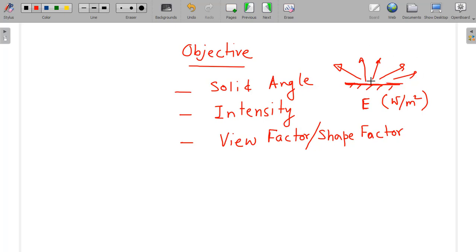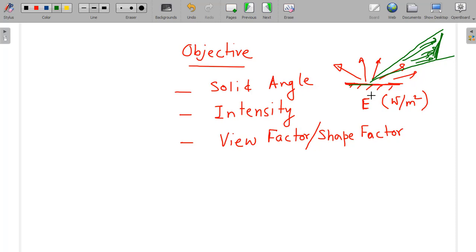from the surface. But suppose there is some other surface, let us consider another surface is there. Let us consider this surface, and we may be interested to know how much heat from this surface will radiate and will go to this surface. Maybe we are interested to know how much radiation this surface will get, that is getting out of this first